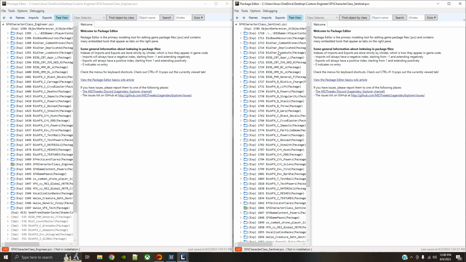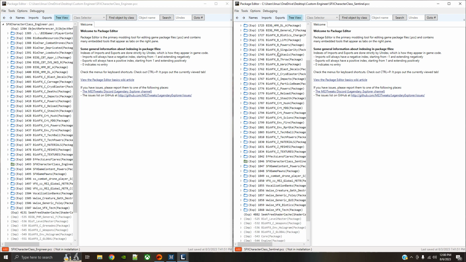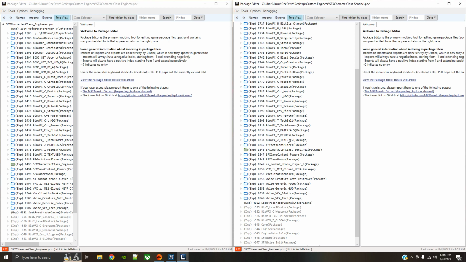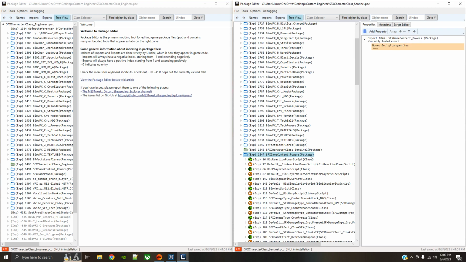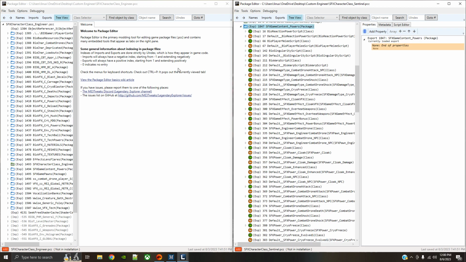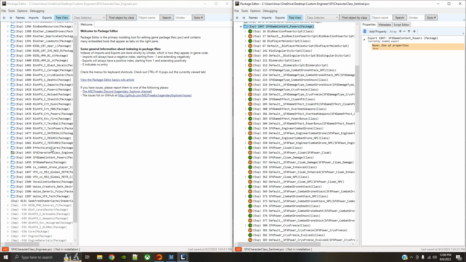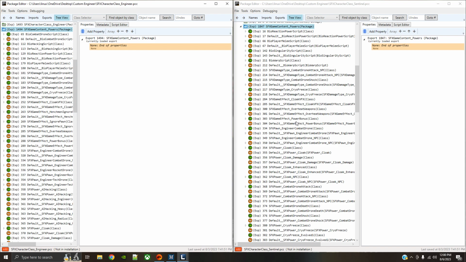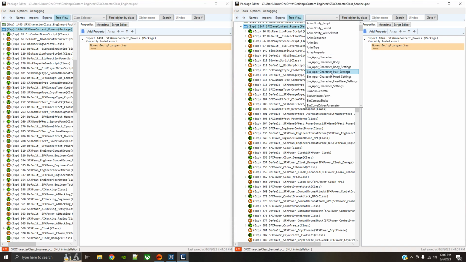All right, so what we're looking for is SFXGameContentPowers package in this list, which is right here. Double click it, it will expand. Do the same thing over here. Double click it, it will expand. All right, now to make this easier so we don't have to scan with our eyes, go up here to the class selector tab, click it, and we're looking for SFXPower and tech armor,